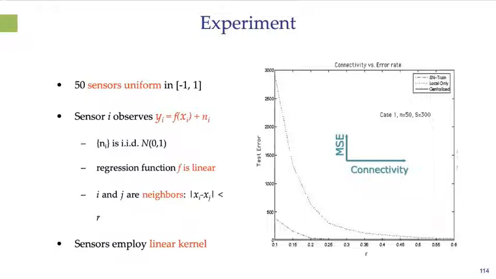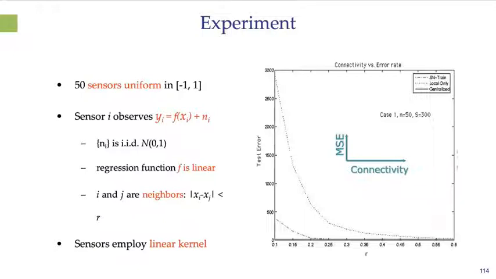The dotted line, the one at the top, is local learning. And you can see here that the radius R has to be quite large in order to get close to that centralized learning. In fact, you almost have to have a large enough radius that all the data is in the neighborhood of each other.